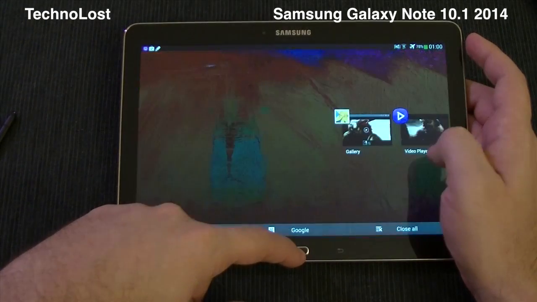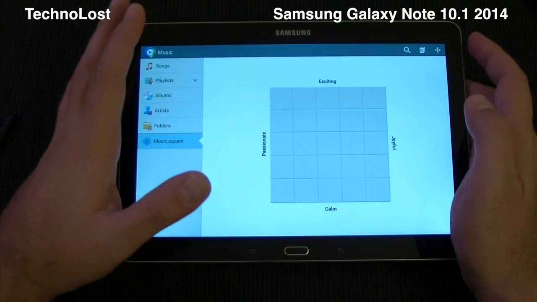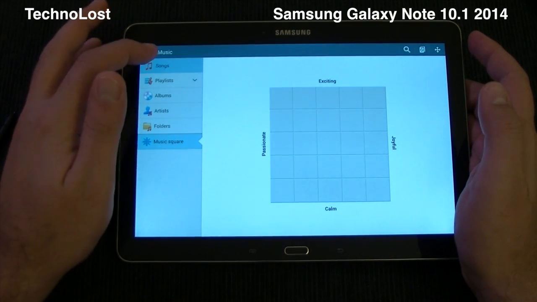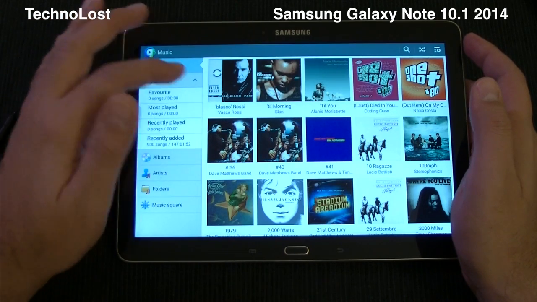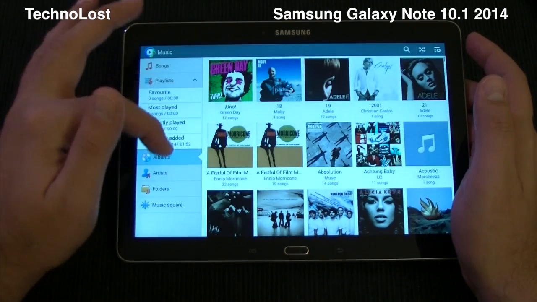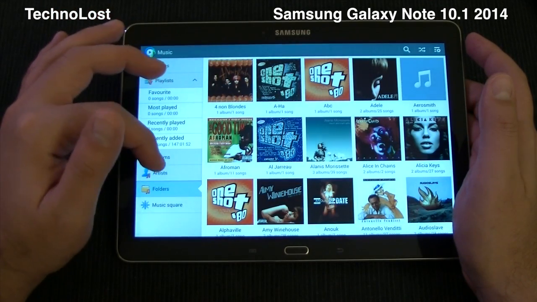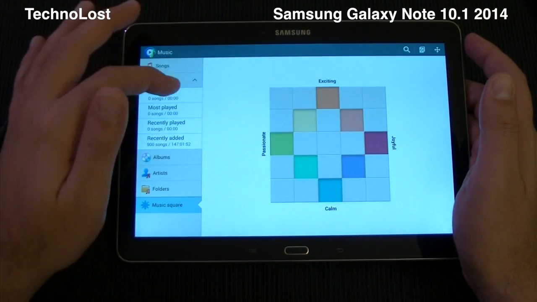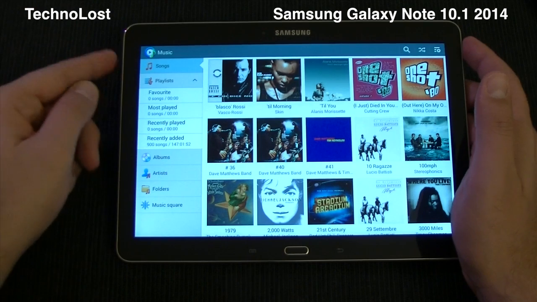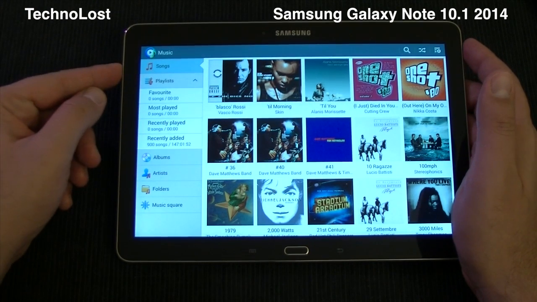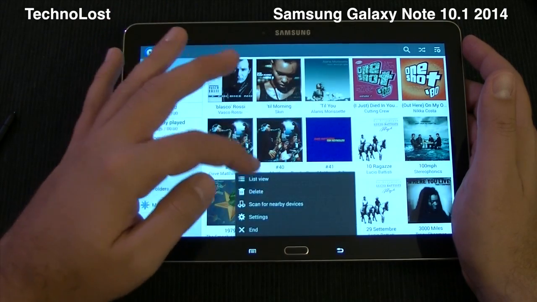So we talked about the video playback. Now let's talk about the audio playback. Here we have the default stock player of this device. Pretty nice. I mean, it's the good old Samsung media player, nothing new here, but we just have this bigger layout, thanks to the more screen estate available in this Note 10.1. Of course, we always have good audio output from the headphones and especially from the speakers. We have dual stereo speakers here, very high volume, pretty good. And the headphones too are very nice,